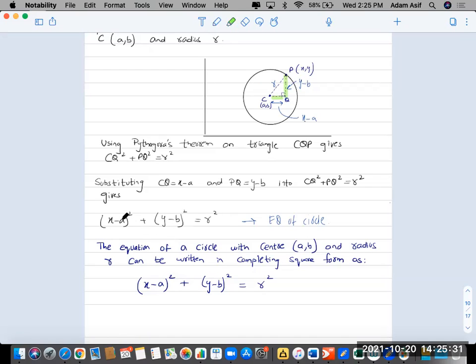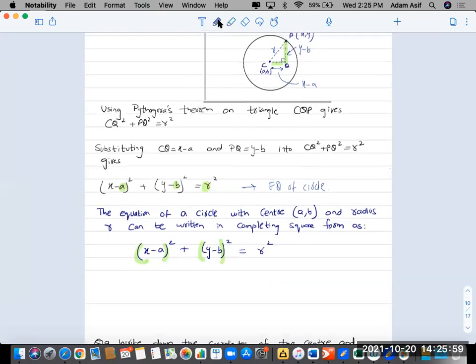Okay, now A and B were the center of the circle, that is A, B. And R is the radius of the circle. So the equation of a circle with center A, B and radius R can be written in completing square form. This is a completing square form. It has a complete square plus another complete square equals R square. So the equation of a circle is always going to be in this form. X minus A the whole thing square plus Y minus B the whole thing square equals R square. Whenever you have this equation, A, B are the coordinates of the center and R is the